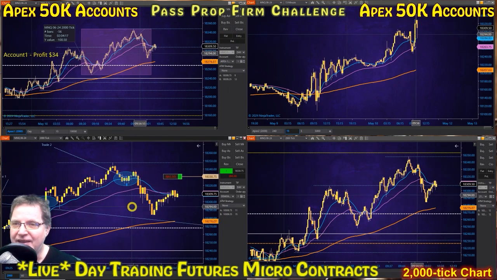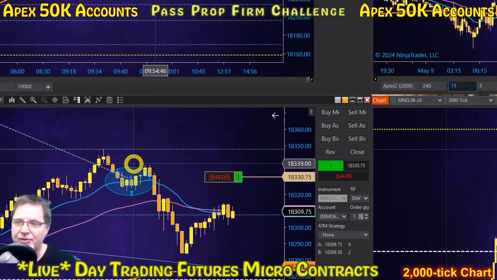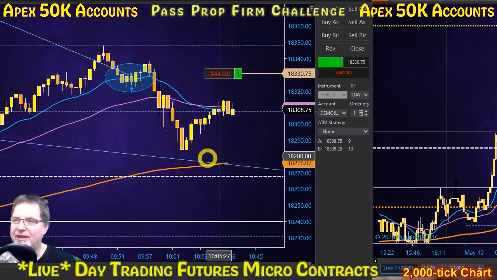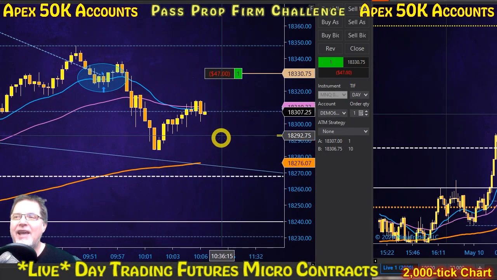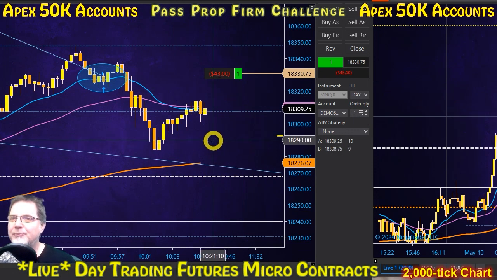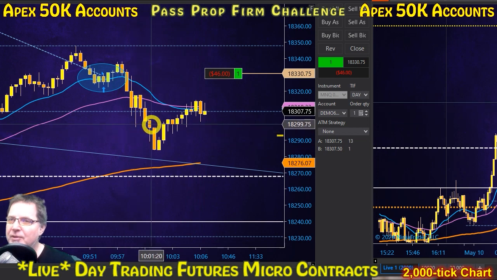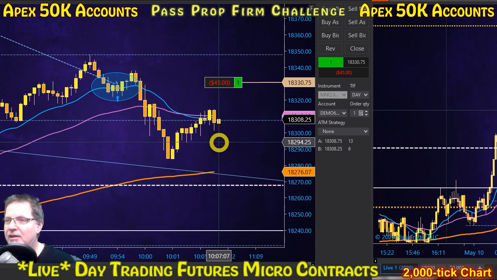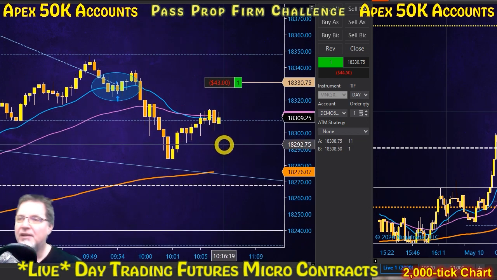And I did get back in right before the news with another trade, and that's when the news came out and it came down. So I don't like adding to my position too quickly. I've learned that the hard way. And journaling has made me become very aware of some of these flaws. It's very important to keep a record of your mistakes.